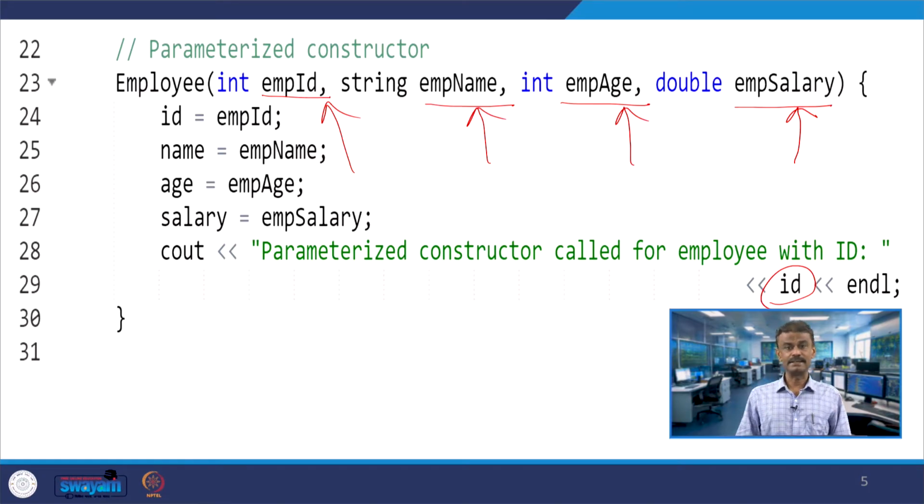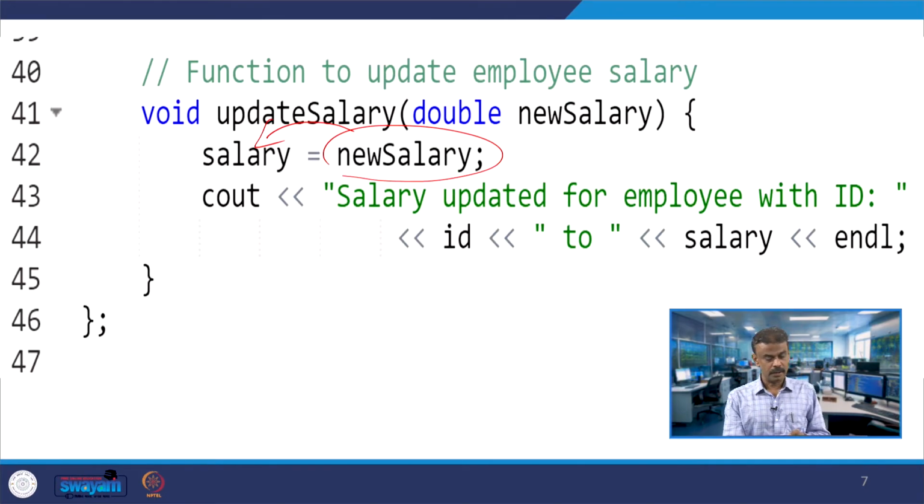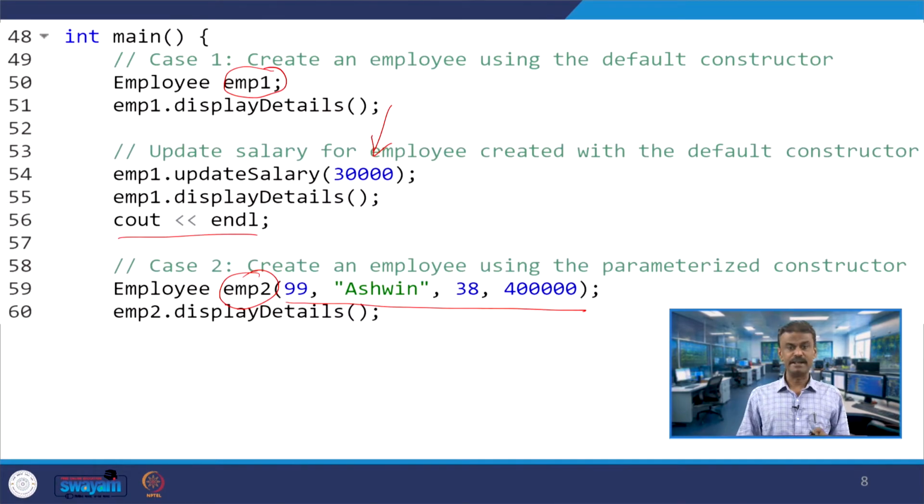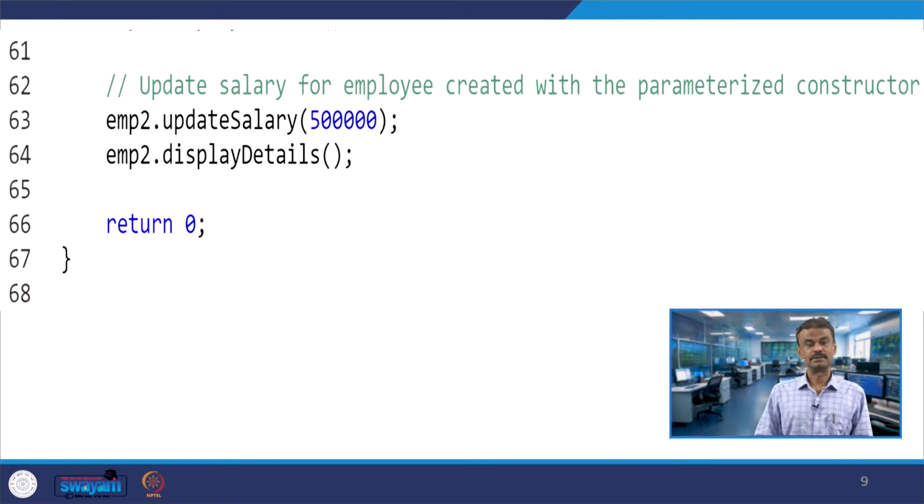When EMP2 invokes display details, all this information will be printed on line number 60, and then there is a salary update: 400,000 will now be 500,000.